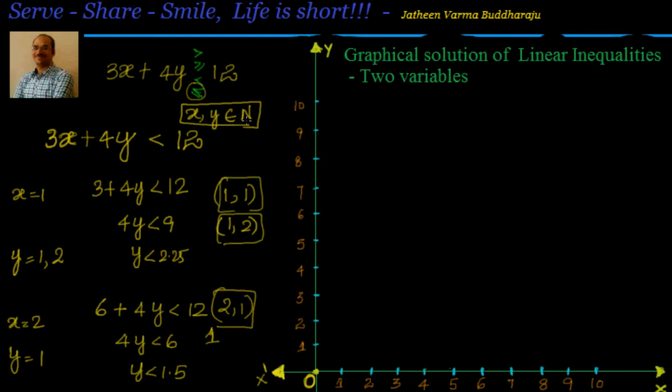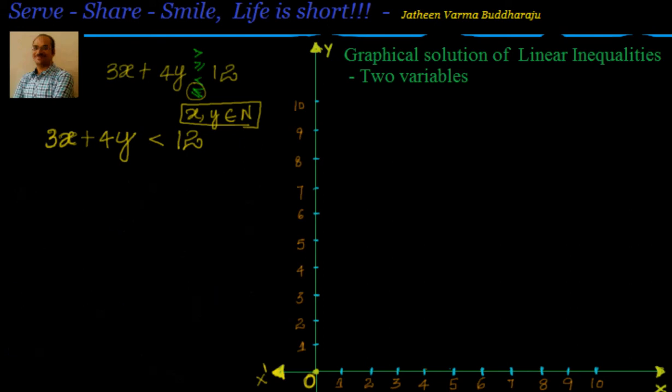Suppose it is integers or real numbers, you will have an infinite set of solutions, because every time you have to take an x value, substitute it and find the inequality with respect to the other variable, and then write out all the ordered pair solutions. It becomes very difficult to do that. That's why we graphically represent the solution of linear inequalities in two variables. So how to do that? Let's have a look.